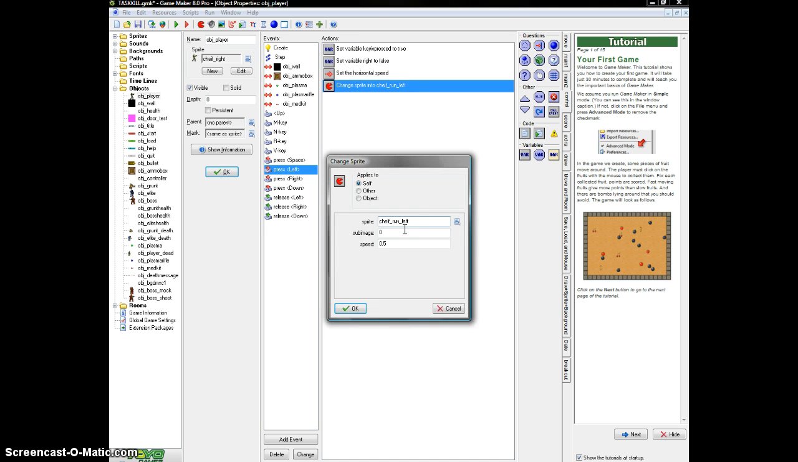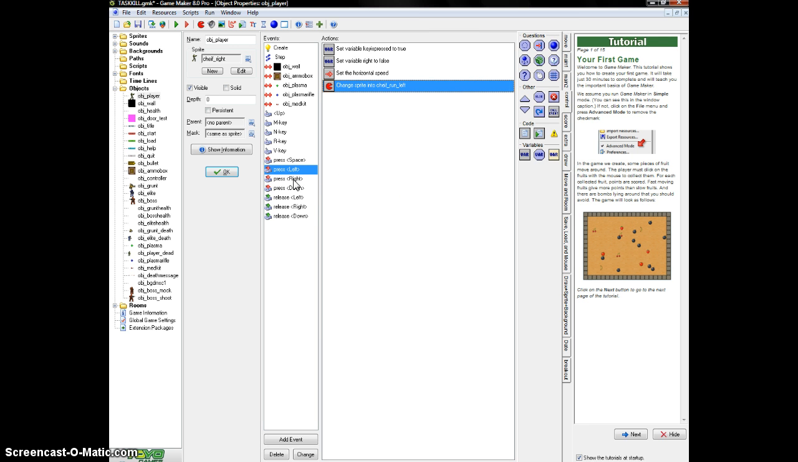And you want to change your sprite into run left. Oops, run left. And set your sub image 0 and speed to whatever you want. And you want to do the same thing for